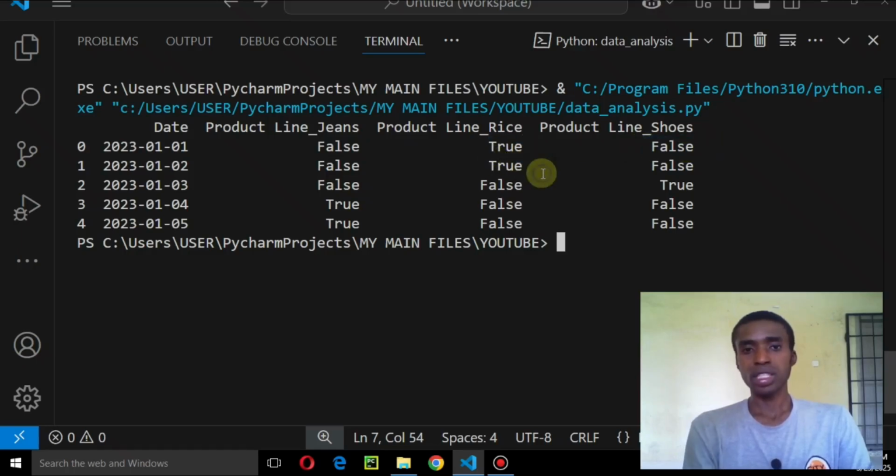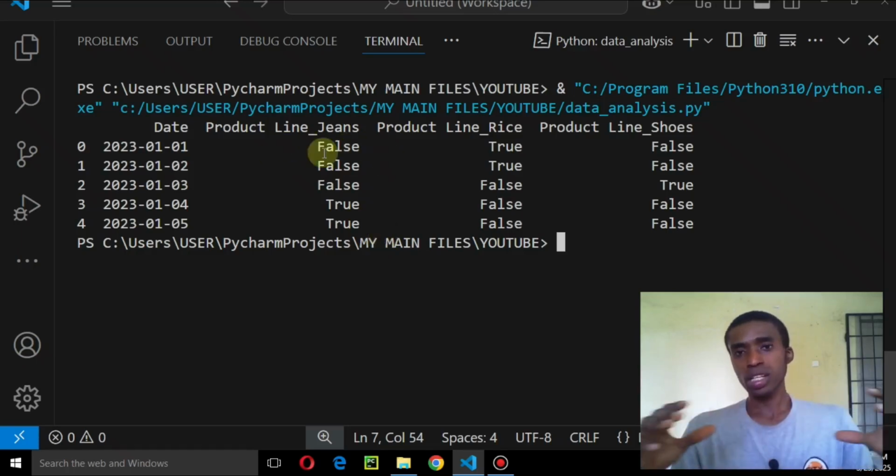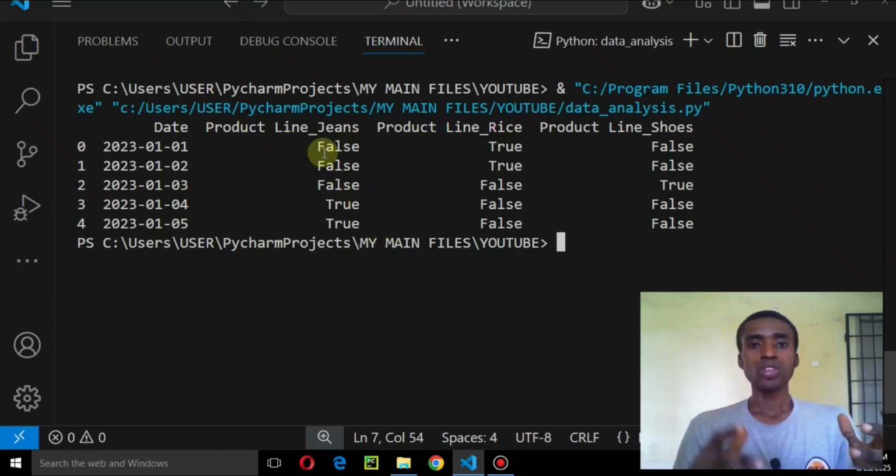So you can think of it in this way. Let me explain this, and then I'm going to convert it to integer so we can actually understand what we're doing. What actually happened here is that it created a new column for each of the categories that exist in our product line. I actually created a separate column for them, and then it tried to